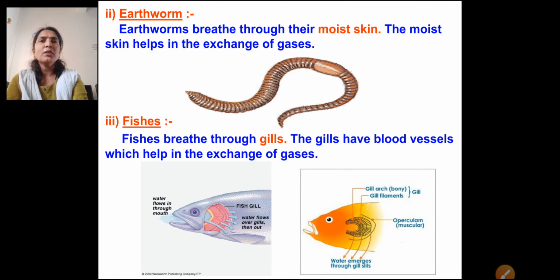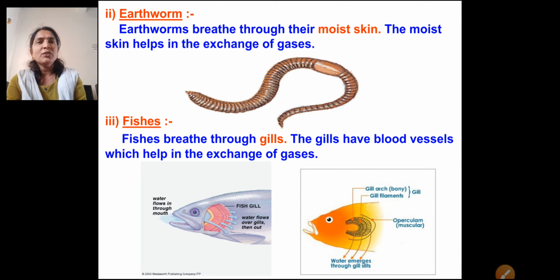Now earthworm. In the rainy days you can see earthworms moving on a road, and there is a specific reason behind that, because we cannot see earthworms on a dry day. But on a rainy day, when more water from the rain gets seeped into the ground, these earthworms do not have air in the soil, so they come up for the respiration purpose. That's why we can see earthworms on a road on a rainy day.